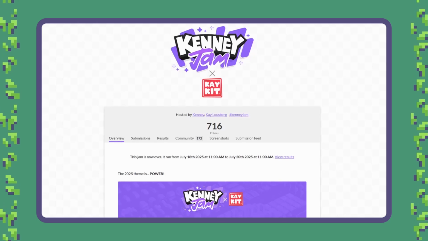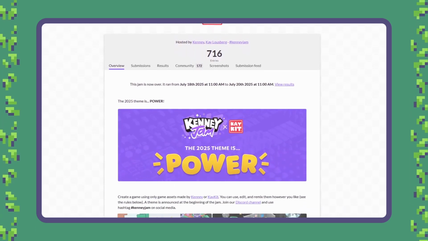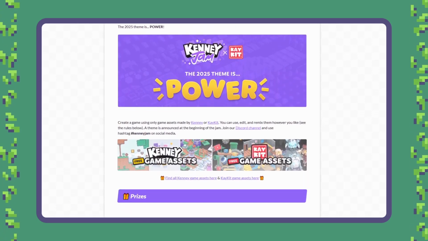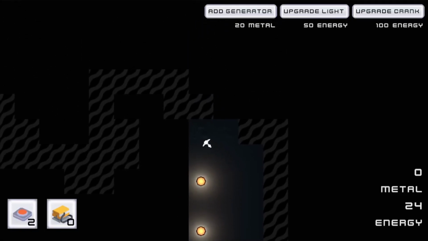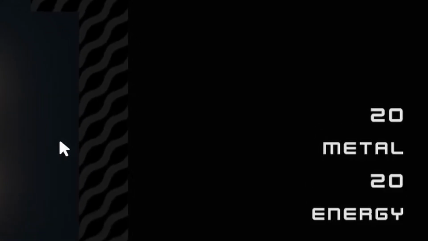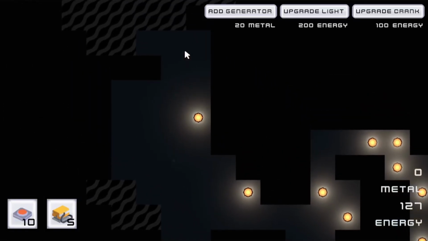We made a game in 48 hours about placing lights and not running out of power for the Kenny Game Jam 2025. You're in a dark, foggy maze, placing lights to reveal the path ahead, but every second those lights drain your power. Find materials hiding in the fog to upgrade your power production and try to last as long